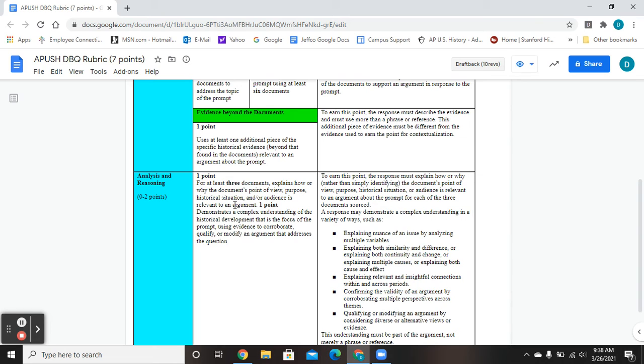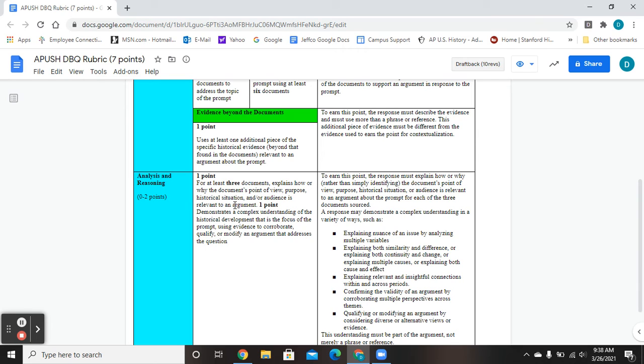Okay, it's known as CAPP. Context is C. Audience is A. P would be point of view. The other P would be purpose. CAPP. Context, audience, purpose, point of view. Okay, you can do that for 3 documents. You get a point. And then the second point for analysis and reasoning is the unicorn point, which is just like on the LEQ,